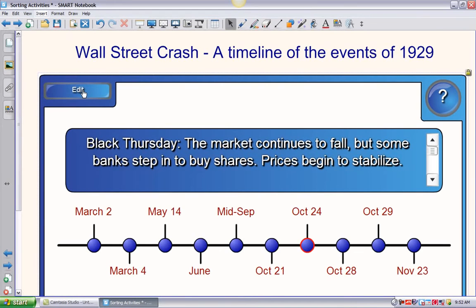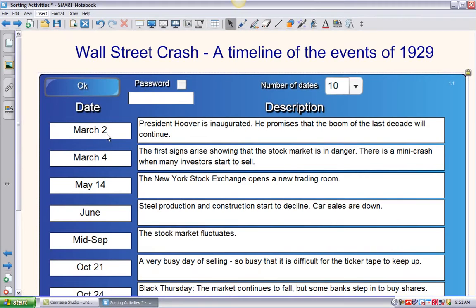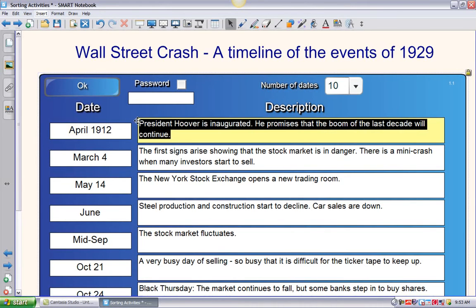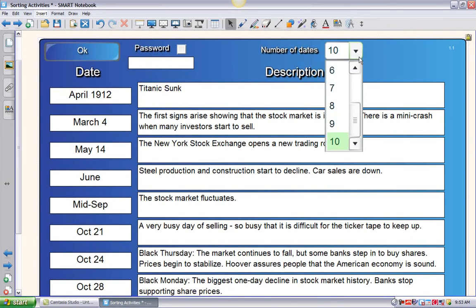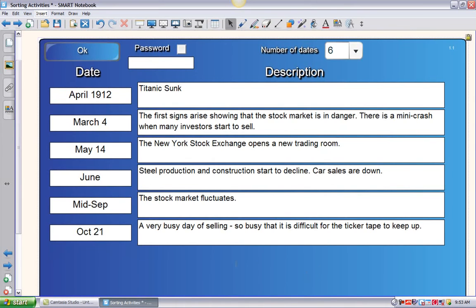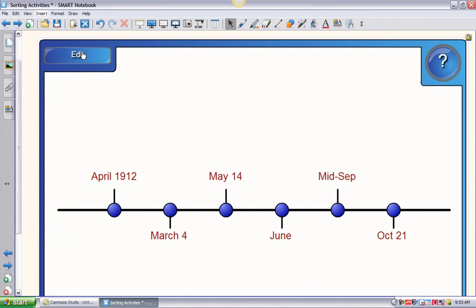To edit this, we just click right here, and it works just the same way as everything else. I can go in and change my dates. In April 1912, 5, 10, I go through all of these. I can have up to 10 dates. Maybe you don't want that many, maybe you just want 6. Go in and change as much as you want. You click OK. And now when we go to full screen,